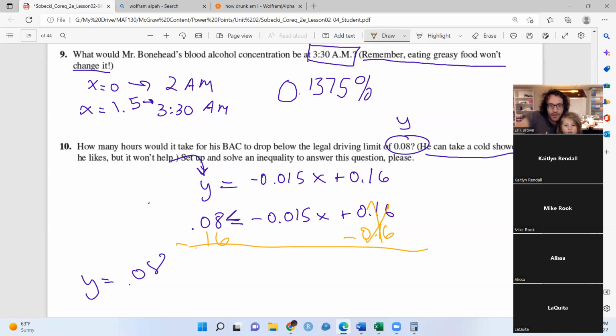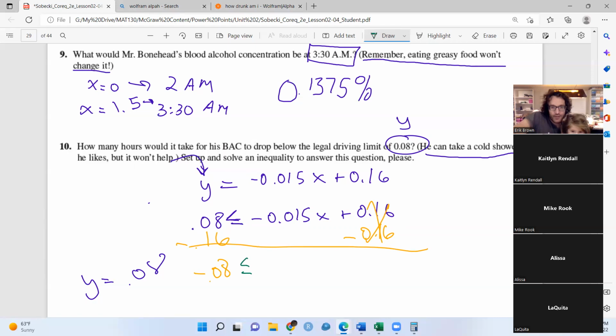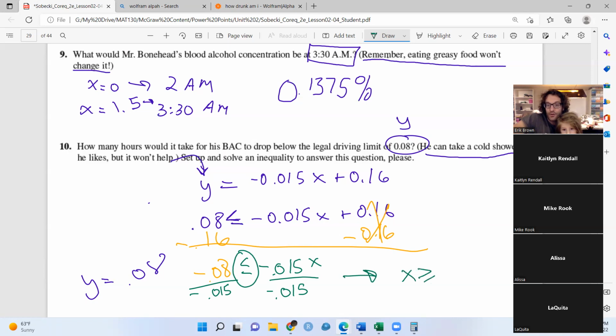So all that goes away, and I'm left with a negative 0.08 less than or equal to negative 0.015x. Here, we need to undo the multiplication. So I'm going to divide both sides by that negative 0.015. At this point, because I divided by a negative number, we've got to switch this inequality for it to make sense. So x needs to be greater than or equal to whatever that number is, and it turned out that was 5.33